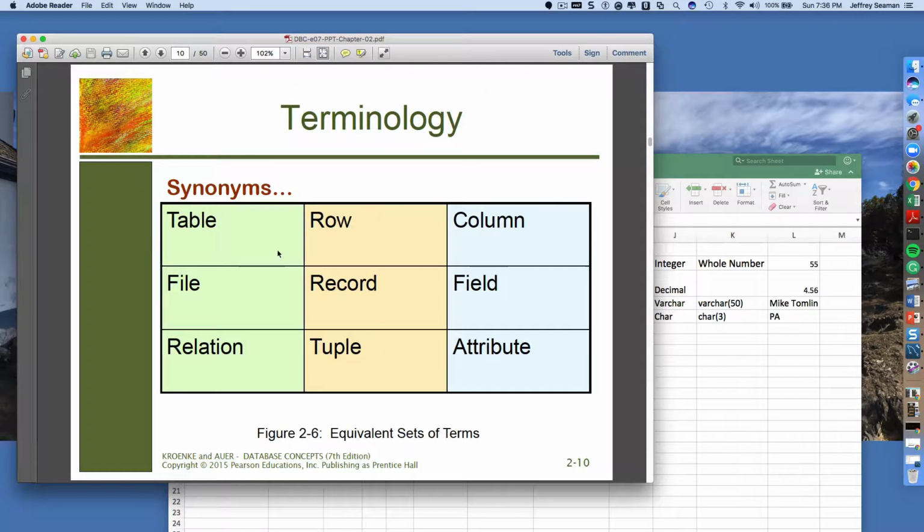I'm going to skip that because it's talking about what we already talked about: table, row, column, file, record, field, attribute. Okay,